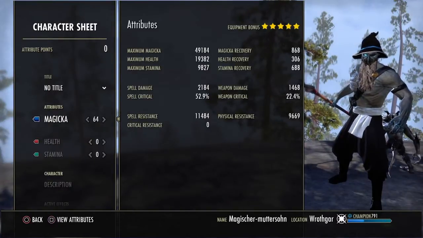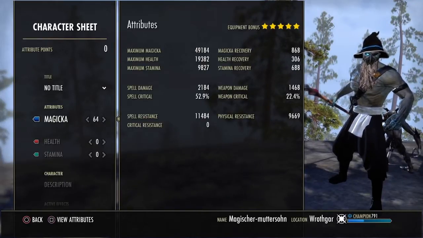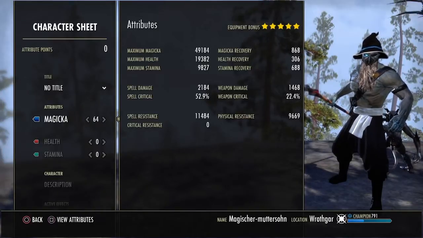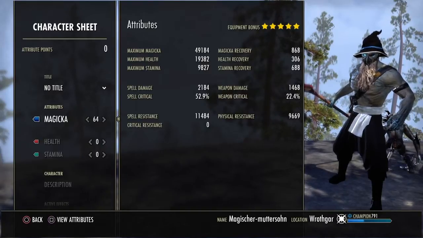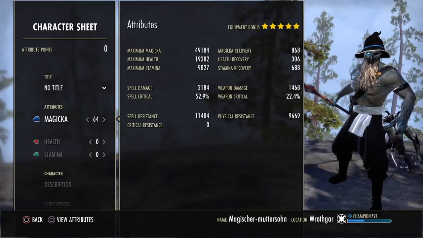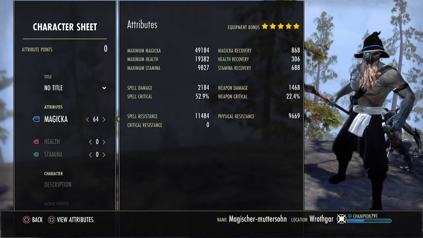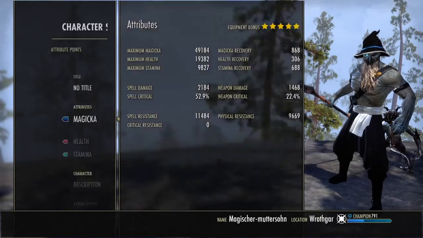The stats unbuffed are 49k of Magicka with a low Magicka recovery, but you don't need it for this build because the build works with heavy attack and the electro stuff. Then we have maximum health, practically 90k, also pretty good, and spell damage and spell critical are also good with normal resistances. And if I buff up,